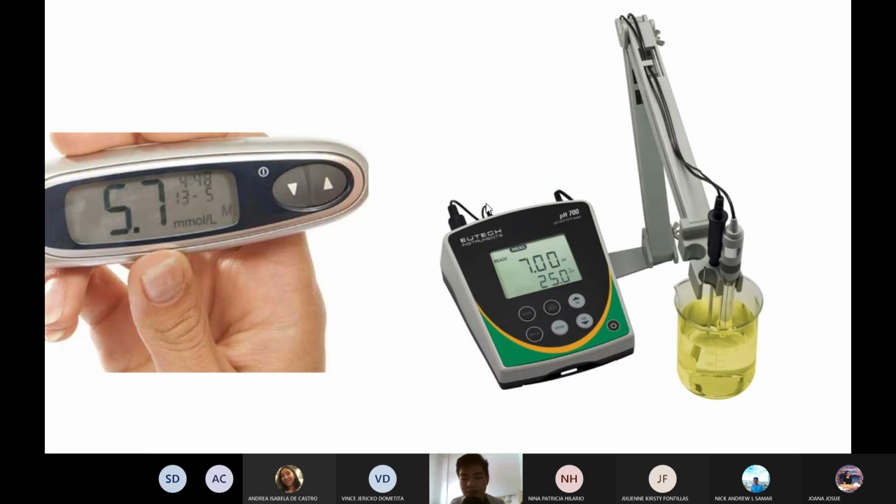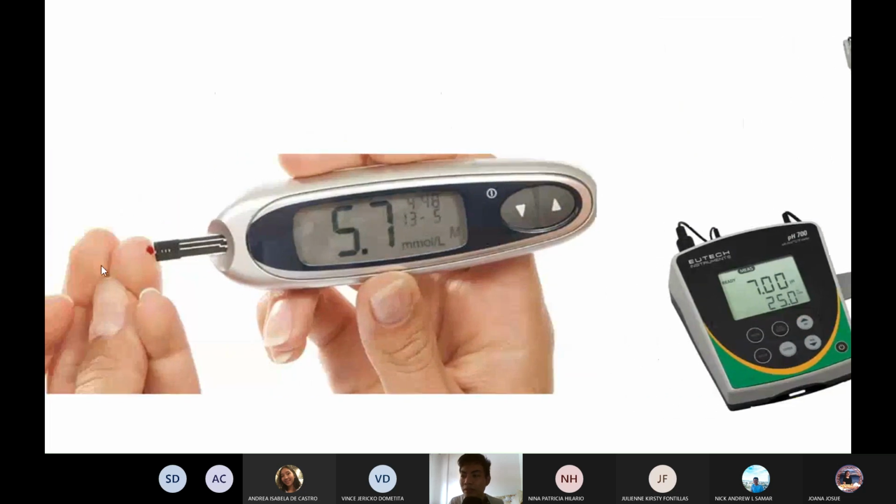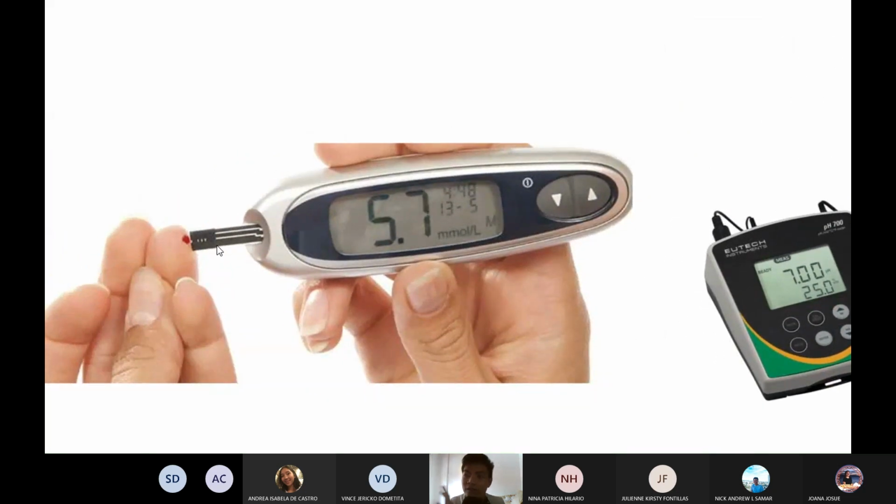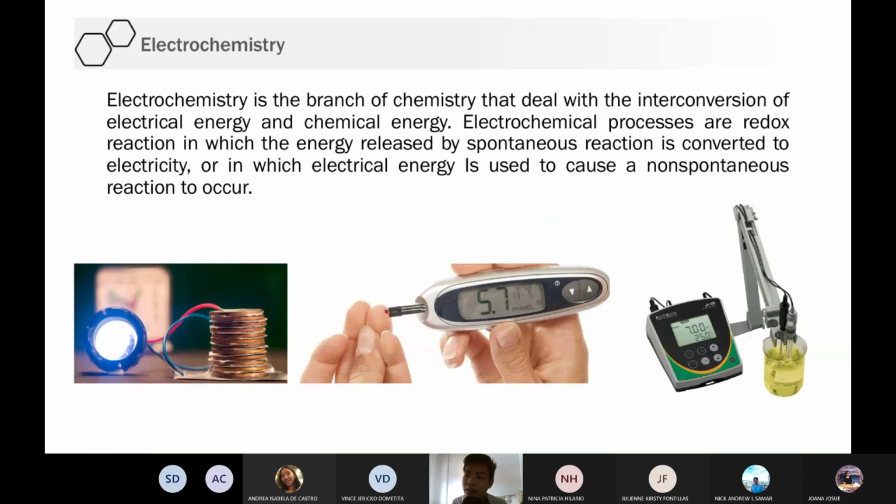The differences in the voltages, you can get the pH. Same as with glucometer, no? So, by determining the changes in the current or in the voltage, pwede mo malaman yung glucose levels mo. Okay? So it seems that this subject is not applicable to our field, no, sa medtech, but the knowledge